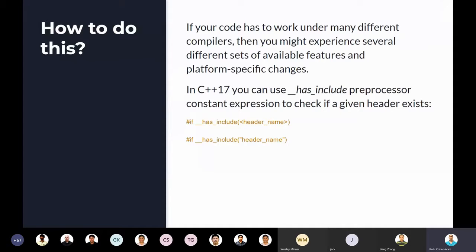Let's say your code has to work under many different compilers and platforms. If you had this opportunity to work with many compilers and many platforms, it's not an easy thing because of many reasons. One of the reasons is that different compilers and platforms might have different headers that you might be able to include in one but not in the other, and you want to discover that. So C++ 17 gives you another way to discover if a specific platform has a file, has an include, and it's a preprocessor